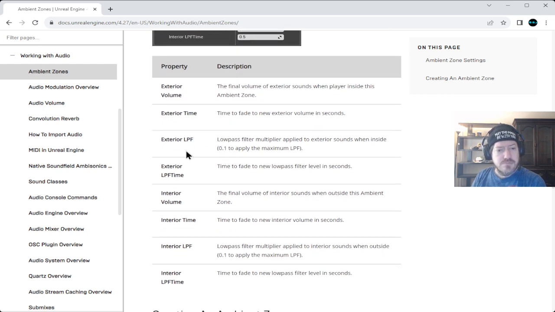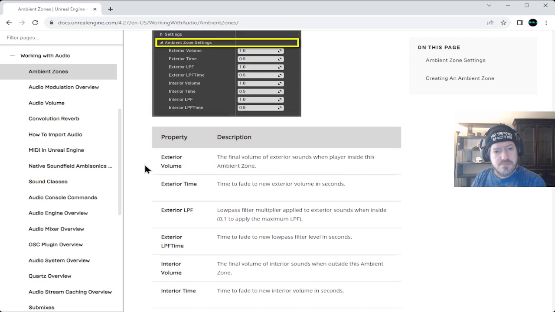Using the being outside and going inside example, you open the door, you start going in, and during that time the audio starts to fade, whether in or out. It's how long you want that fade to be. It could be almost instantaneous, or you might want that transition.